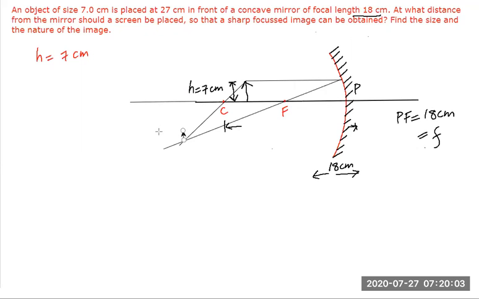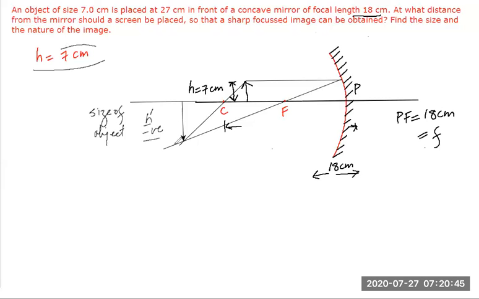I can say that this is my image. Because the arrow is downwards, the image is downwards. So I can say that my h dash will be negative. What is h dash? It is the size of image. It will be negative because my rays are intersecting below the principal axis. Am I right, students? Sir, size of object or image? Size of image. I'm sorry. Size of image. Size of object is positive. It is above the principal axis, 7 centimeter.